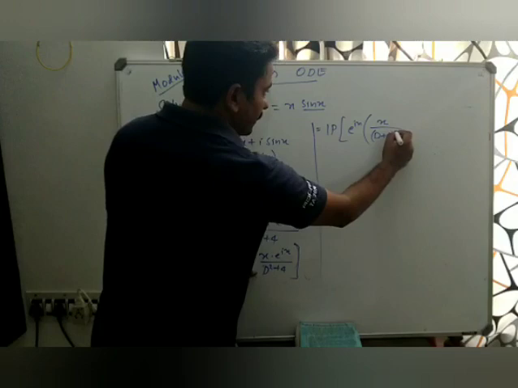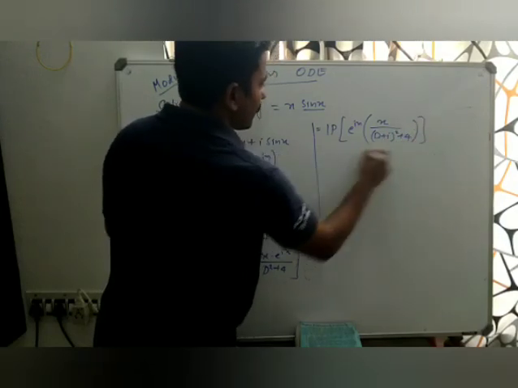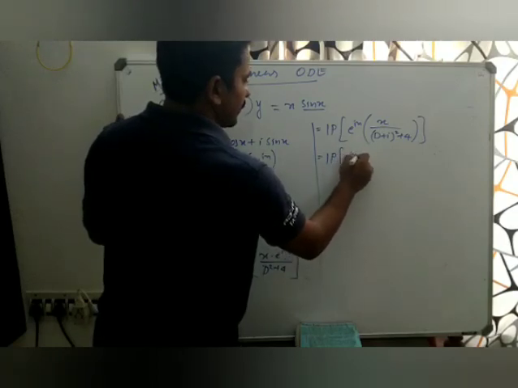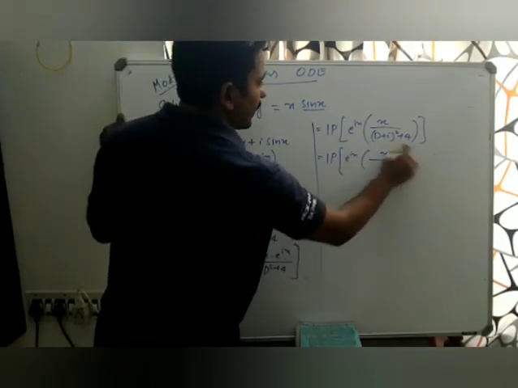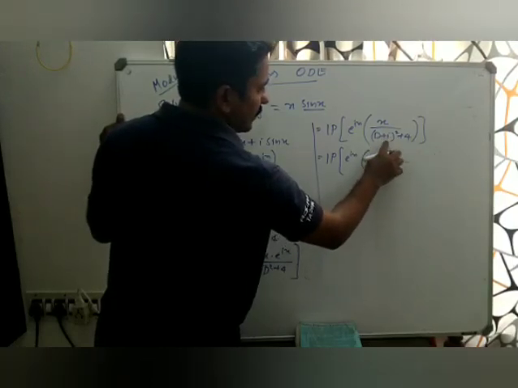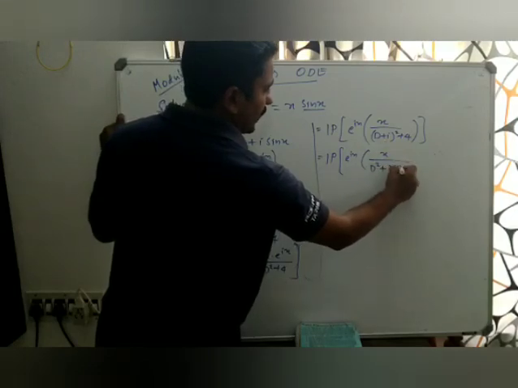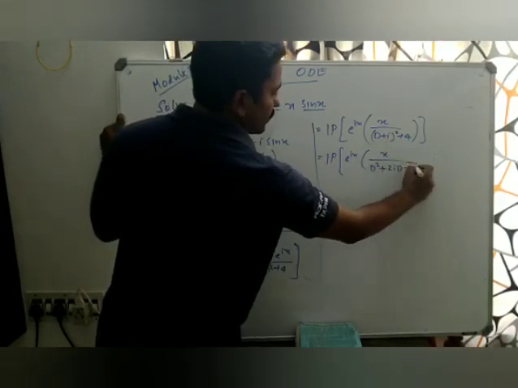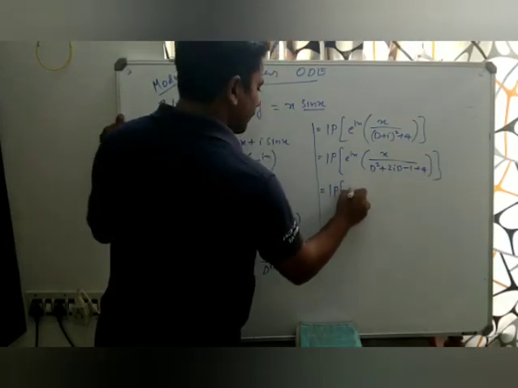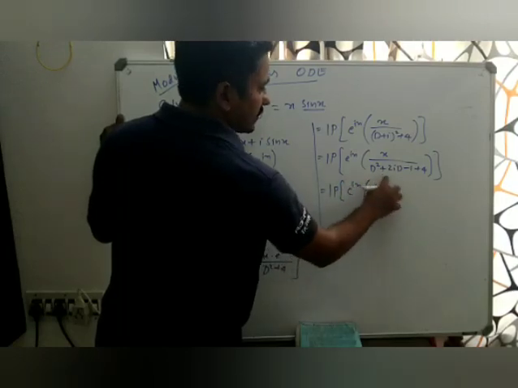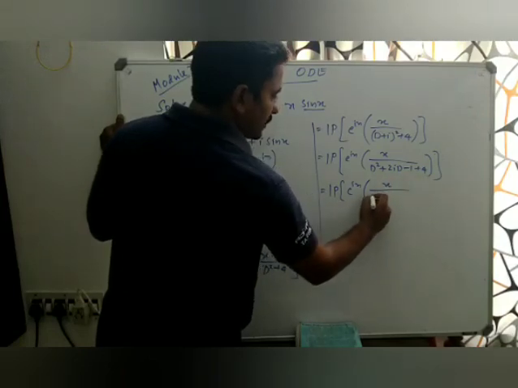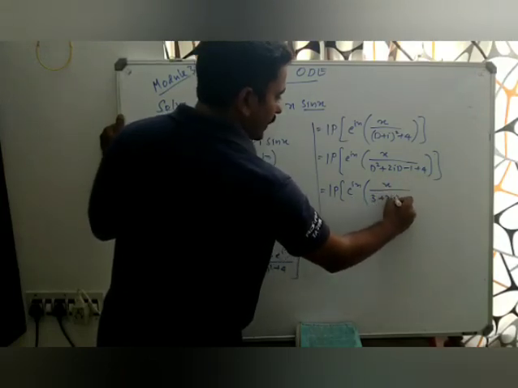So D plus i the whole square plus 4, right? So imaginary part of e to the power ix times x by, simplify this one, we get D square plus 2iD minus 1, i square is minus 1, plus 4, right? So this is the imaginary part of, again, e to the power ix, x by, I'll write this first, 4 minus 1 is 3 plus 2iD plus D square,